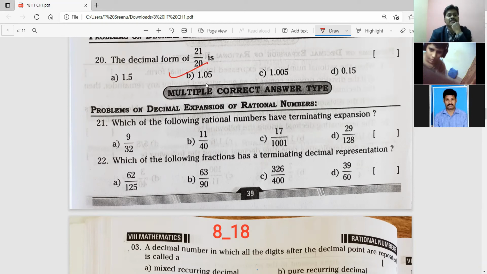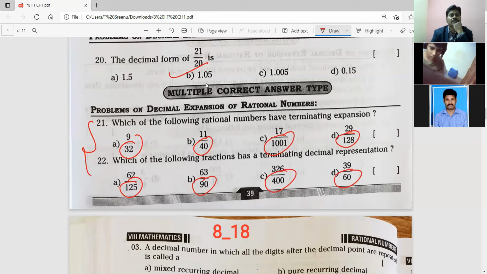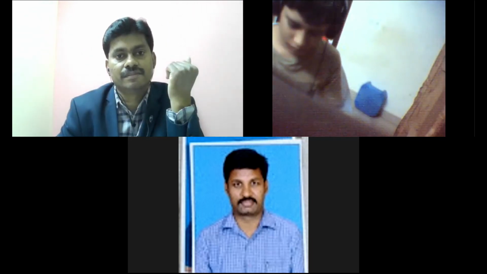Just now I gave the explanation, no? Terminating, non-terminating. Please focus only on the denominator. Don't do divisions. Are you doing divisions, Avinash? No, don't do division. 21, I will tell you. 22, you try. Wait, okay. One minute, wait. I will explain on the board. Both of you wait. I'm explaining.